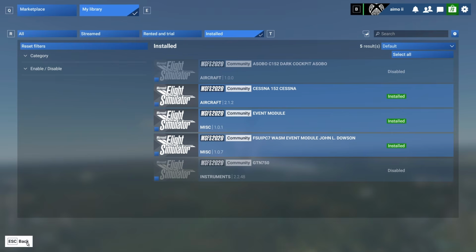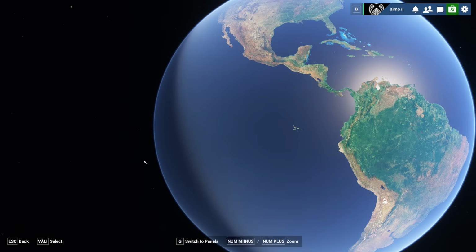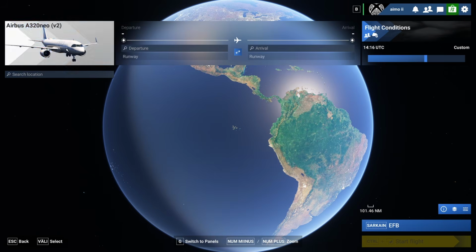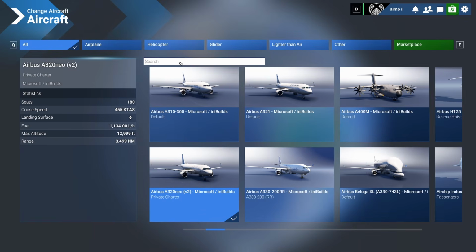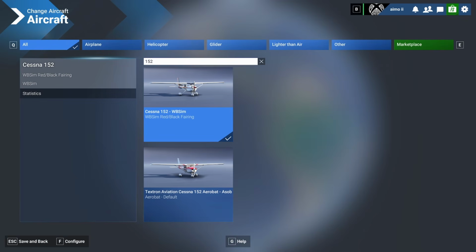And let's go to see it. So let's select free flight. And let's change the plane. And we can search with 152. And here we have the Cessna 152 WBSim. And what the plane actually has. So if we go to configuration,